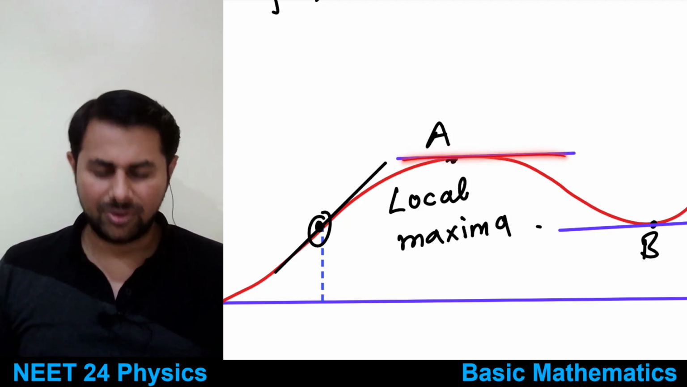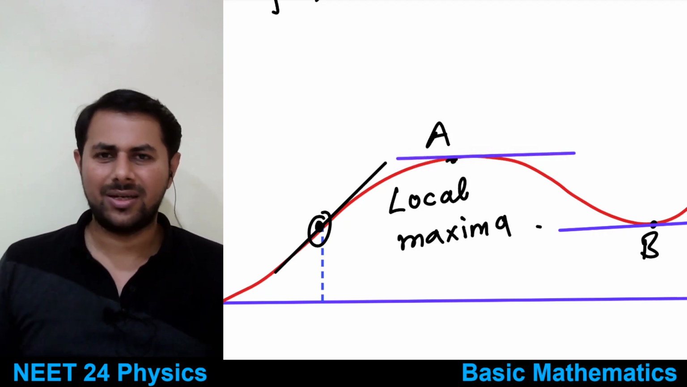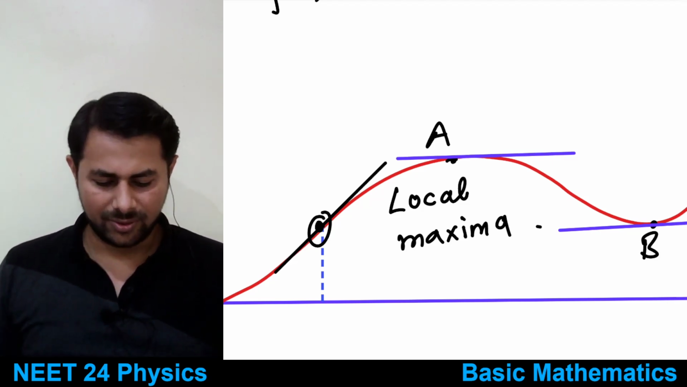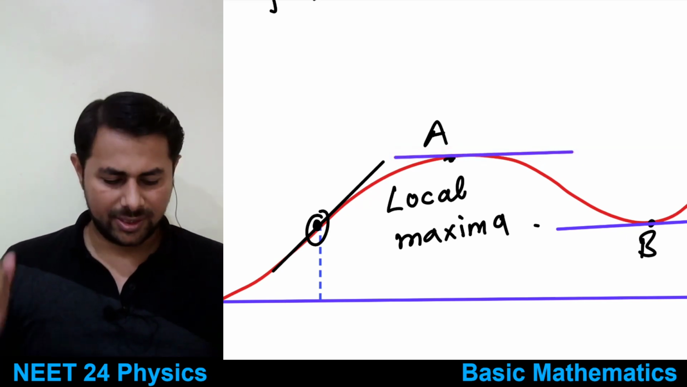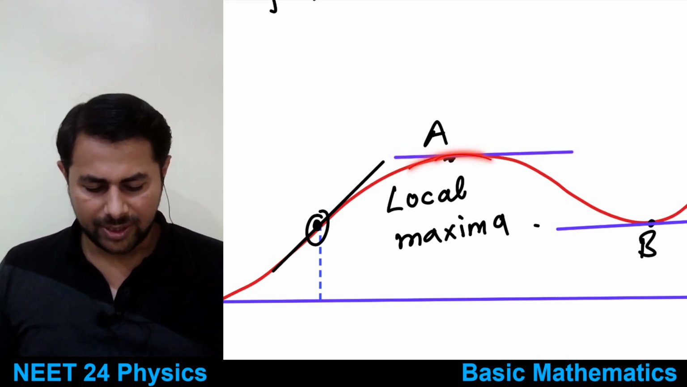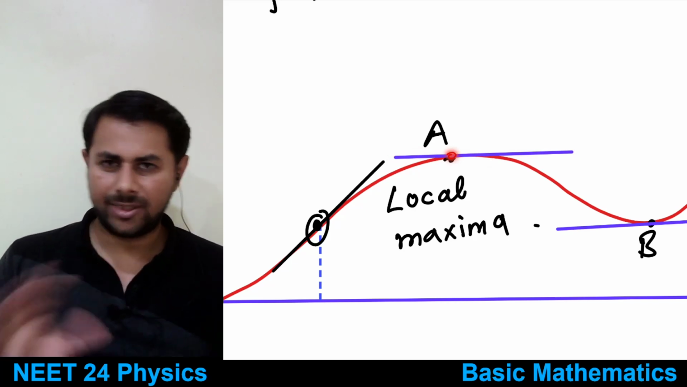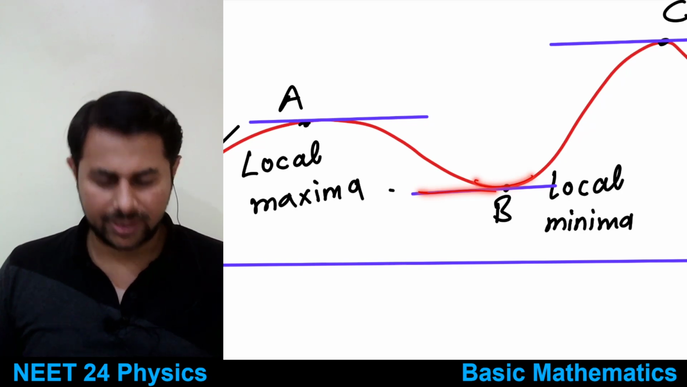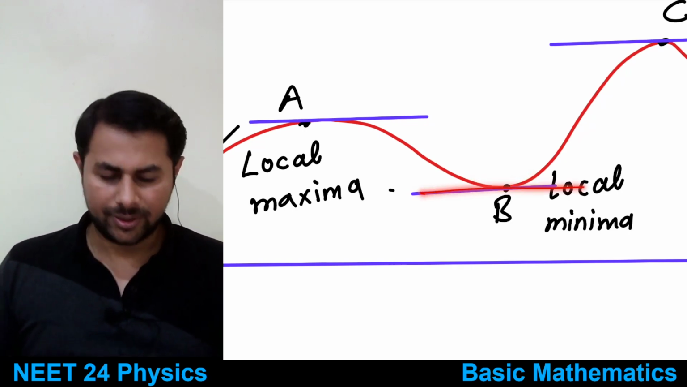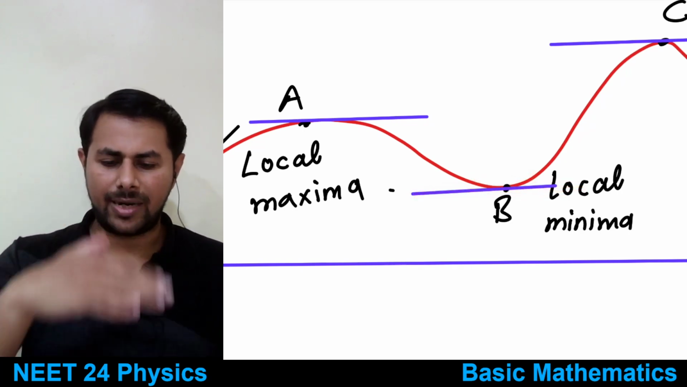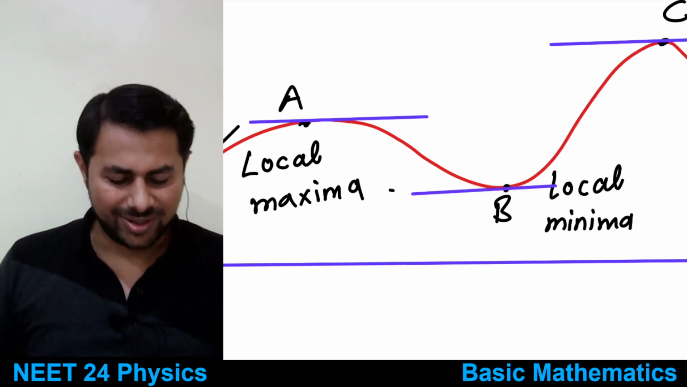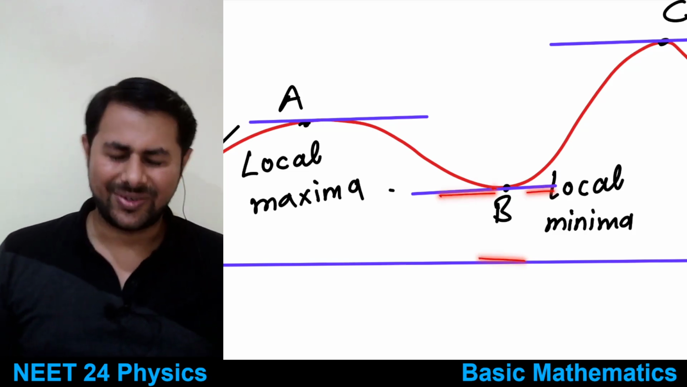That means what is its slope? It makes no angle to the x-axis, right? 0, very good. So slope is equal to 0. Okay, slope of this line is equal to 0. That means slope of this curve at the highest point is equal to 0. Slope of the curve at the lowest point is also equal to 0, because there also, if you draw a tangent, it will be parallel,